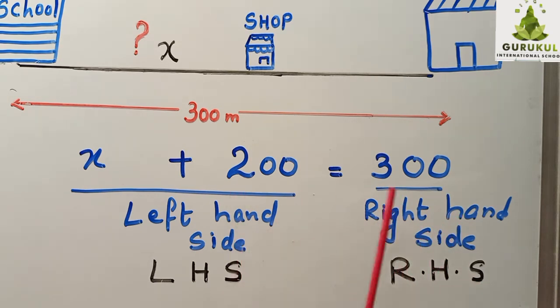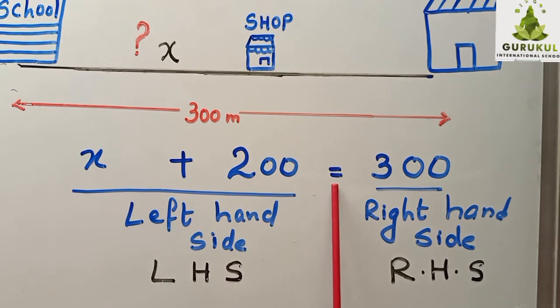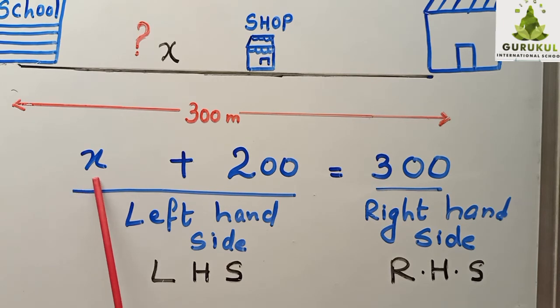Now both the sides are equated or balanced by an equal to sign. When you get an equal to sign in an equation, what is an equation? An equation will always contain an equal to sign and a variable or the unknown quantity. This is the unknown here. Now we have to find x, that is the unknown quantity. You can use any alphabet. You can use A, Y or Z, any alphabet or any letters in the place of a variable.